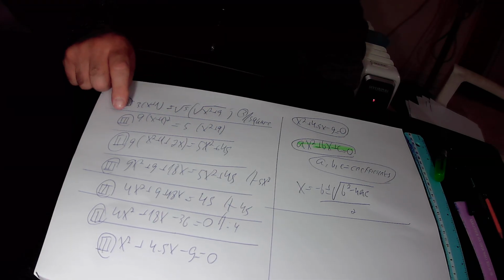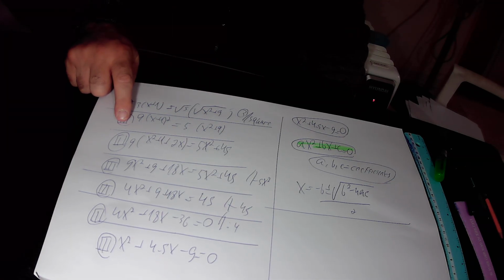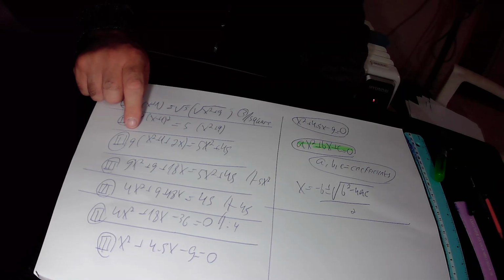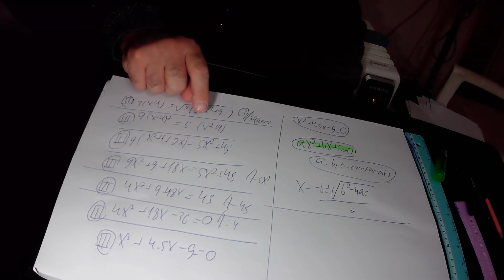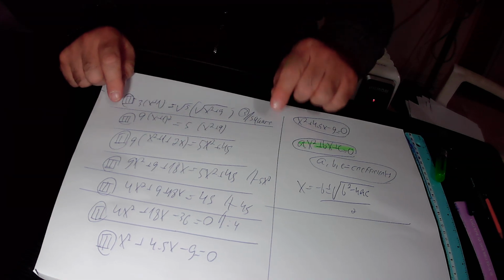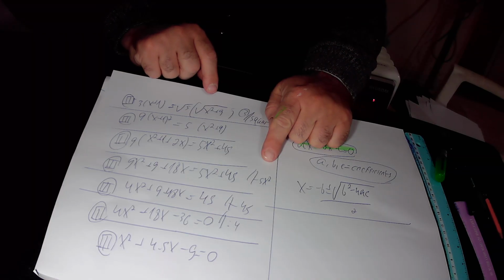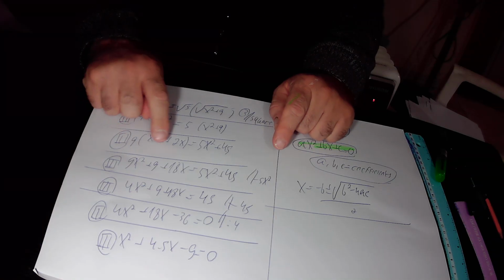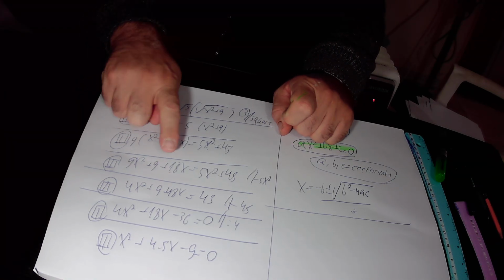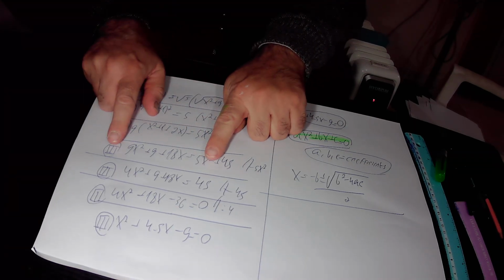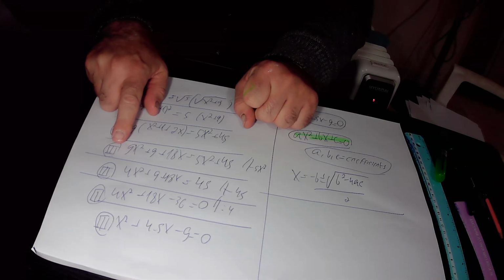Here we open the brackets on this side of this equation, equation 3, and found out that 9 times x squared is 9x squared, plus 9 times 1 is 9, plus 9 times 2x is 18x, and it equals 5x squared plus 45. Here we subtract 5x squared from this equation, equation 3, and find out that 9x squared minus 5x squared is 4x squared, plus 9 plus 18x equals 45. Here we subtract the 45 from this equation, equation 3, and find out that according to this equation,